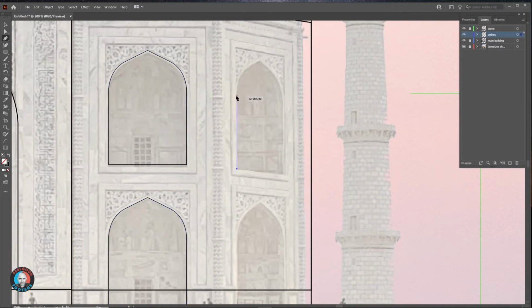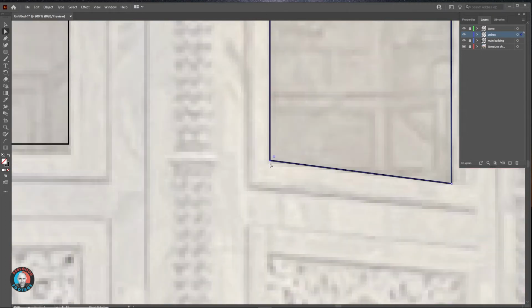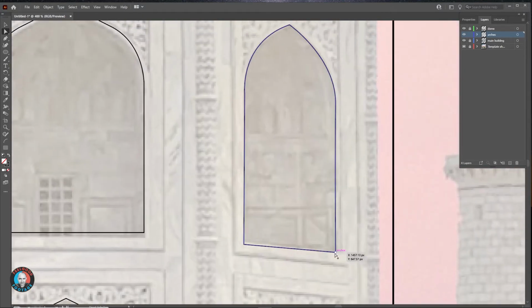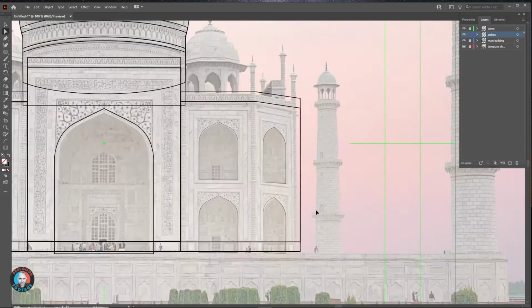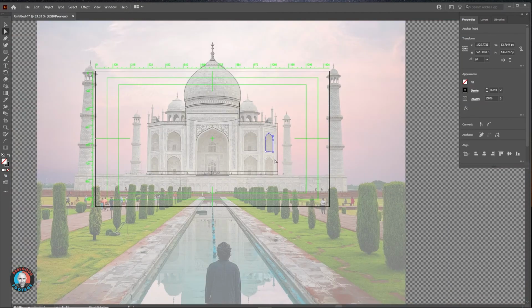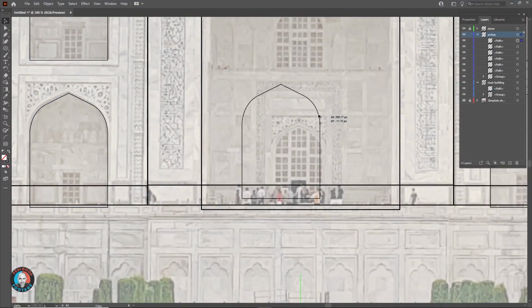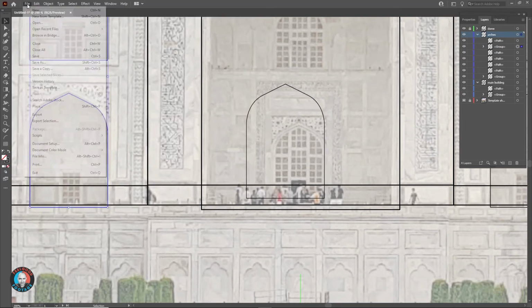For the arches that are at an angle, I'll need to draw one. It's a bit trickier to get the angles right, but when you're happy, that can be copied and grouped, and the pair can be copied for the other side. But in this case, they need to be reflected as well. Then I'll save the project. To be honest, I should have done that first.